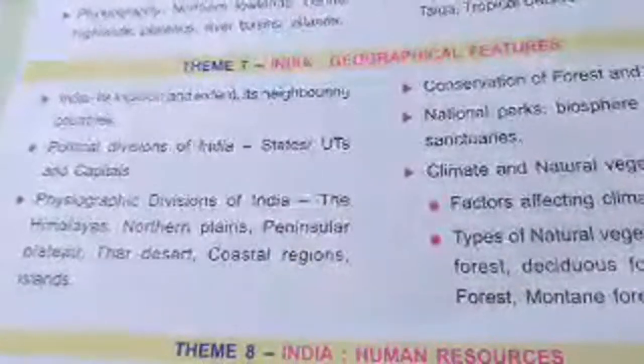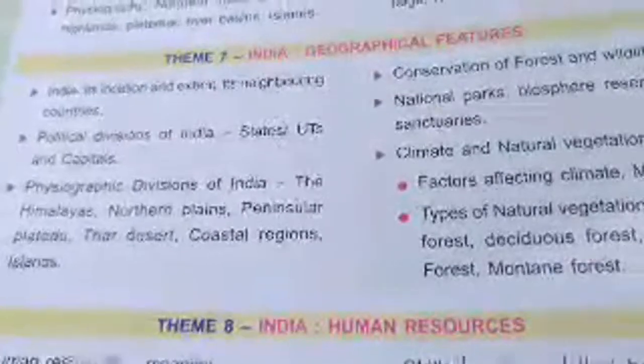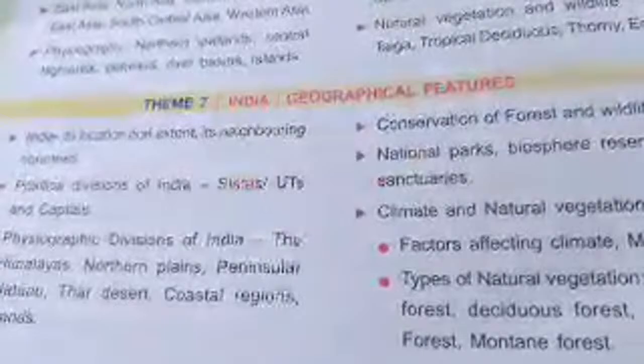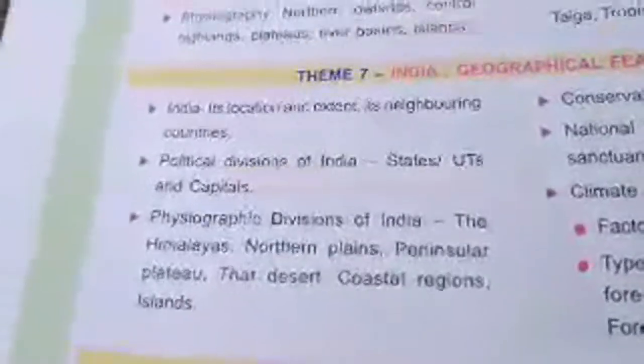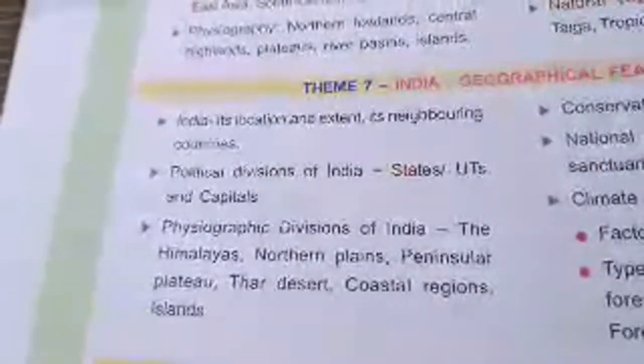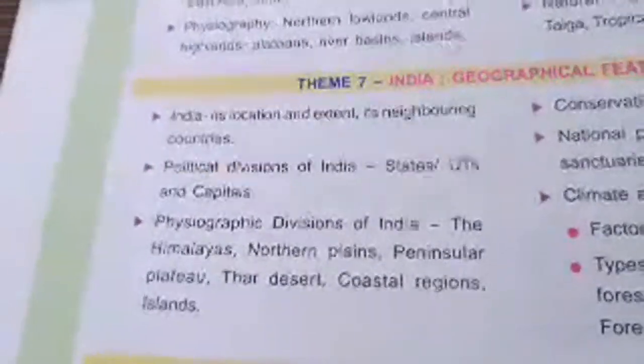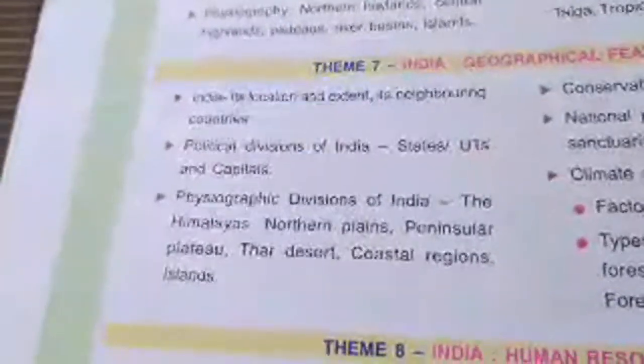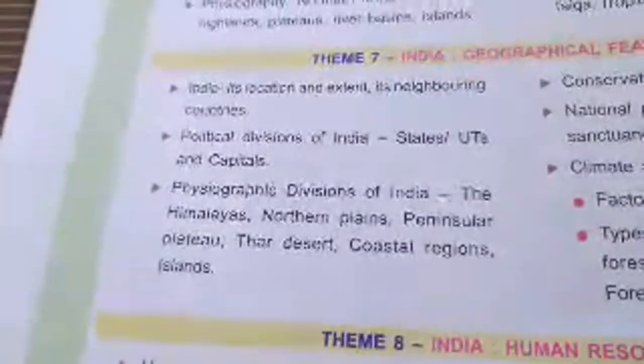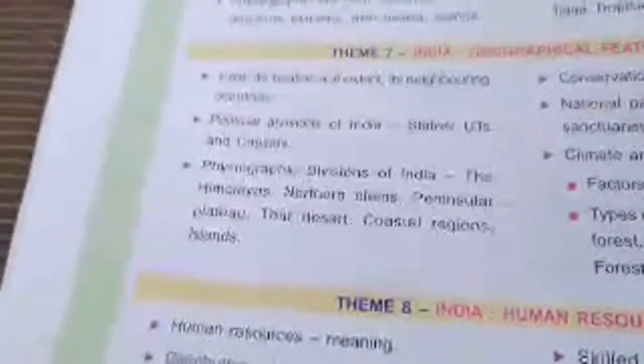Now here I told you the seventh topic, but the seventh topic again is divided into two. You can see here both are India, so you will see how it is. So this seventh topic is about the geographical features of India, and here you will study about the location and extent of India, its neighboring countries. You will study about the political divisions of India. You will study about the states and union territories and their capitals,